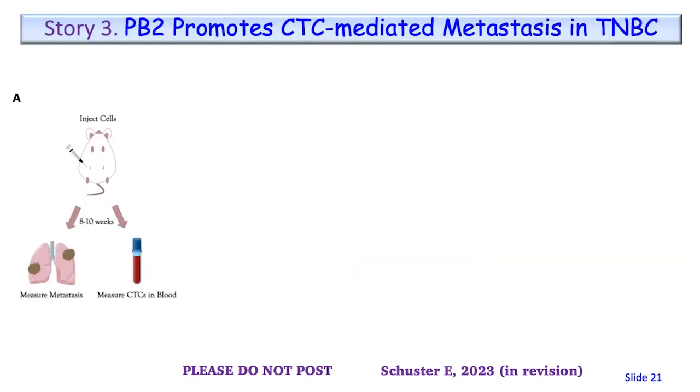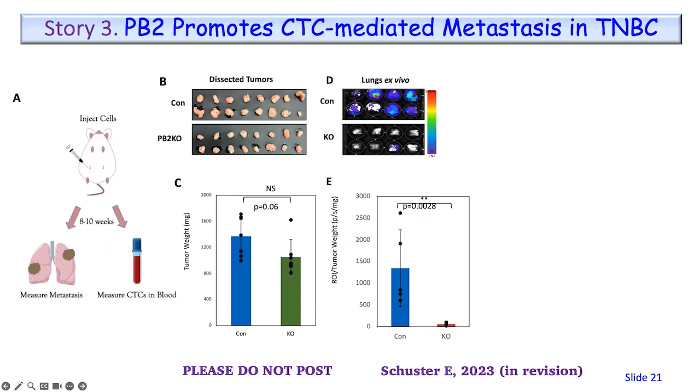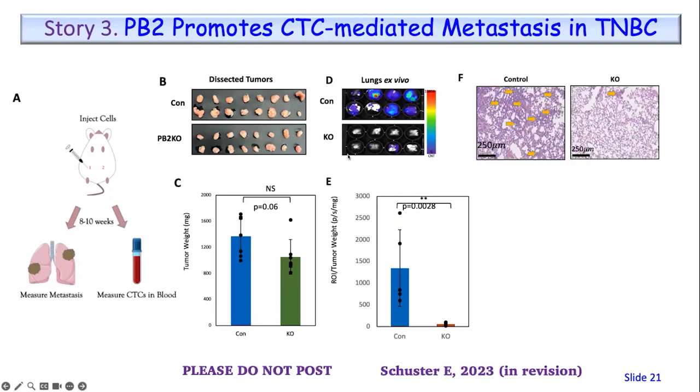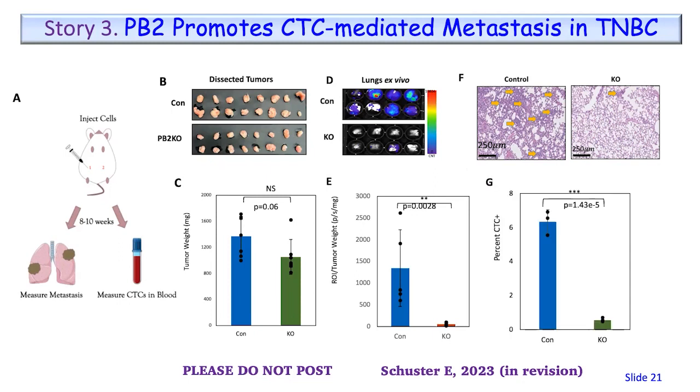We have also done mouse studies where we knocked out Plexin B2, and the tumor burden didn't change or was still comparable. However, the lung metastasis is gone. So we are developing anti-Plexin B2 as a therapeutic approach to block this in the coming studies. So this is just showing you, using the CTC core, we have been able to demonstrate CTC interactions with immune cells, especially one of the cell types is monocyte, and then we have other upcoming studies by David showing the T cells will also be interacting with